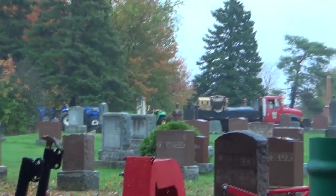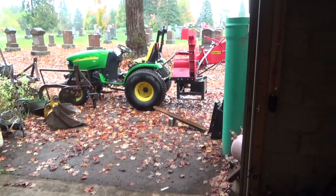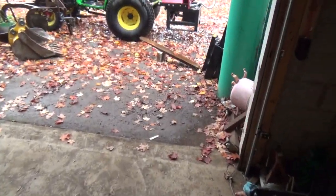Can't quite see them now, but another one of them rainy, crappy days out here, and I got my cement guys just come in. They're just sort of backing up over there, and I guess I'll go see. They want to try to do one, but it's kind of rainy and crappy again out here, right? But anyways,